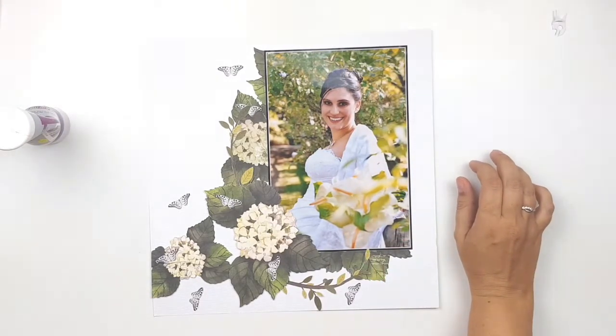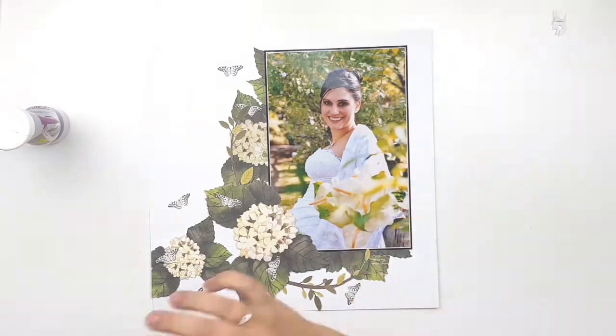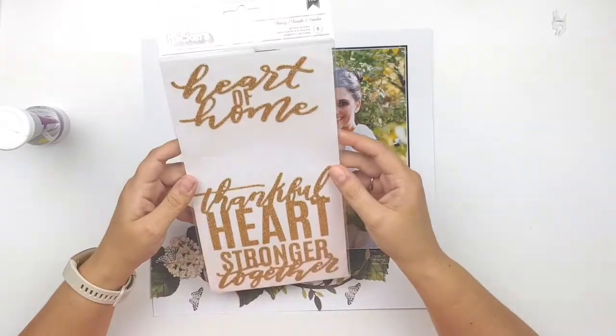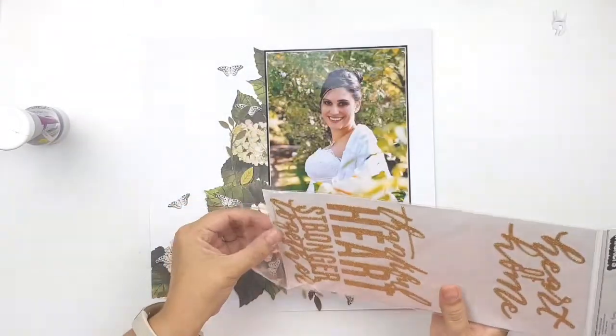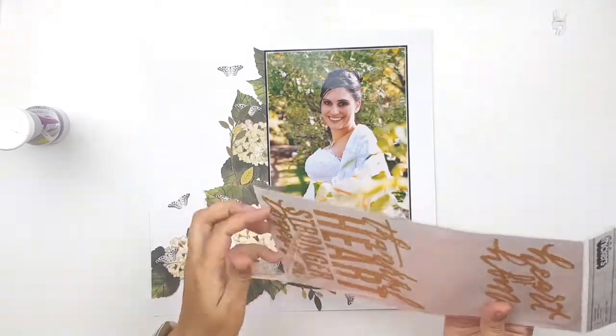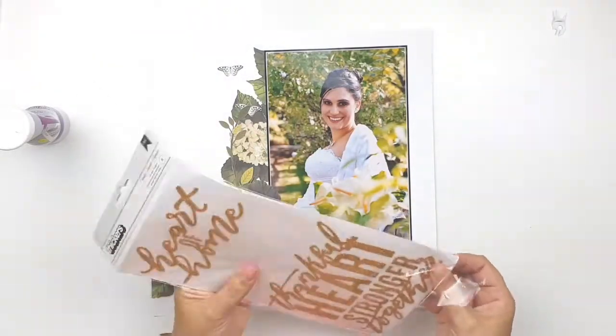It doesn't bother me, but I'm sure it's bothering some people out there. And it's okay. I will try and figure it out. So I'm going to be using this. They are thickers. They're chipboard thickers, and I'm going to be using that Thankful Heart